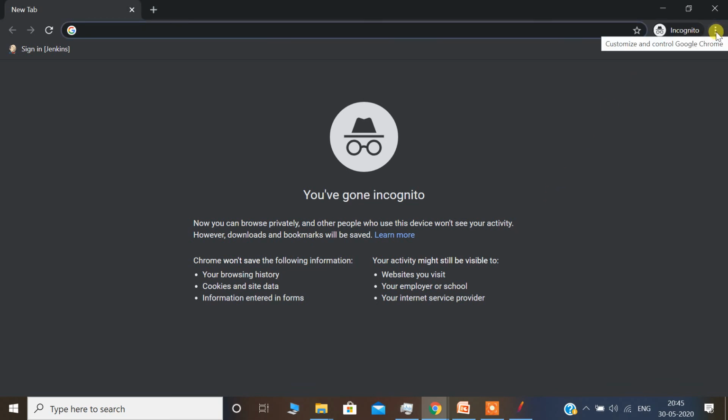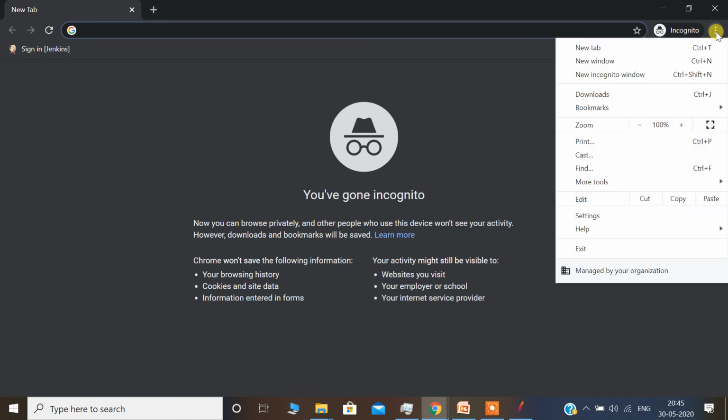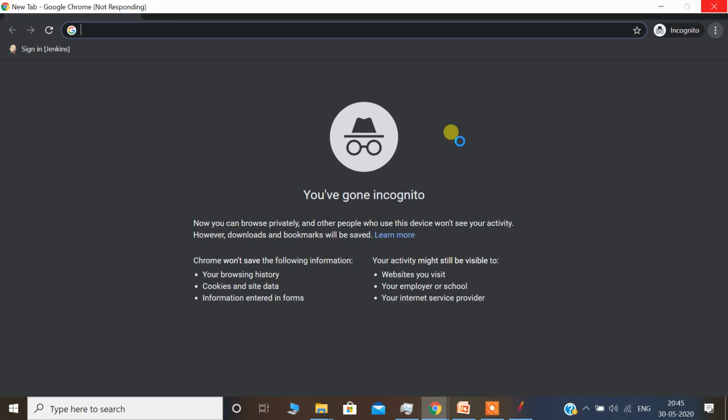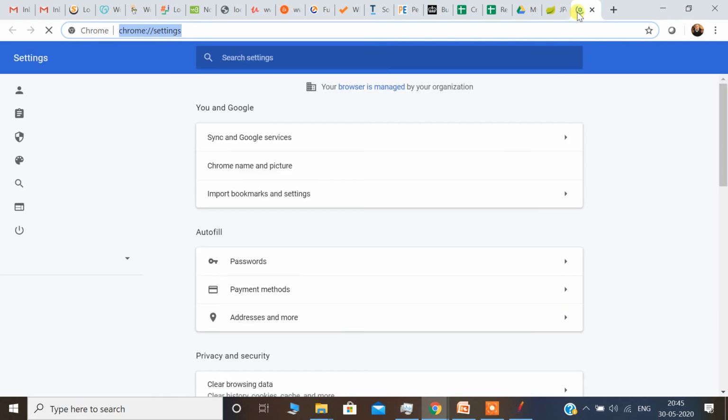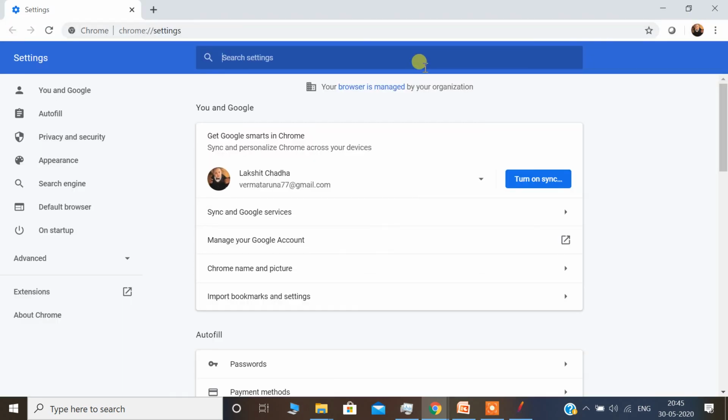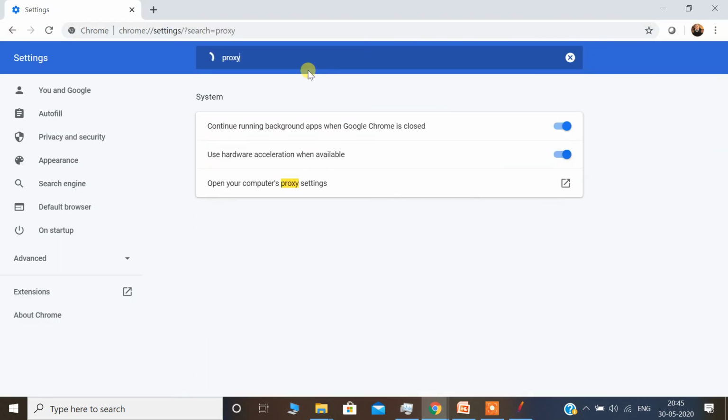I have already opened one browser instance in incognito mode. This is a Chrome browser. Go to the settings. So we can search for proxy. So open your computer's proxy settings.